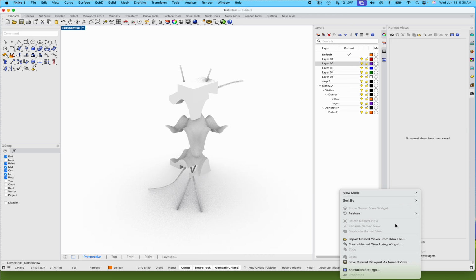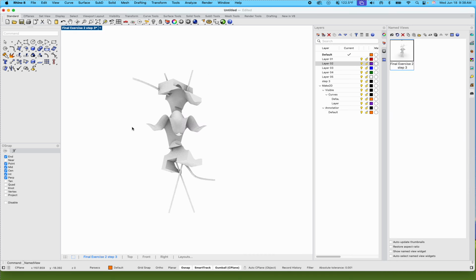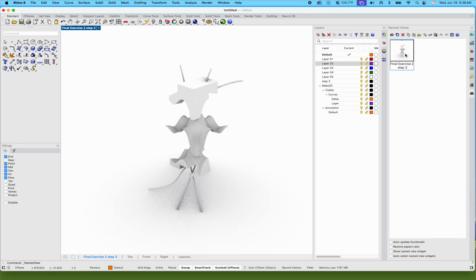So in my case, I'm going to right-click. I'm going to save current viewport. I'm going to call it final exercise 2 step, I don't know, 3, right? At least be concise. I'm going to go ahead and press apply. Oh man, I accidentally changed it. What do I do? Well, if I double click on that view or that snapshot I took, bam, right to the same